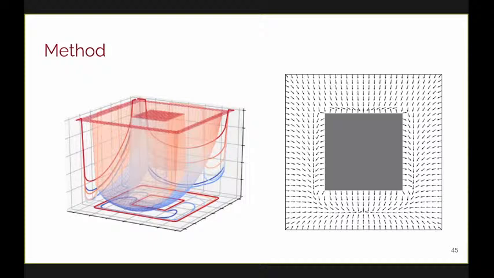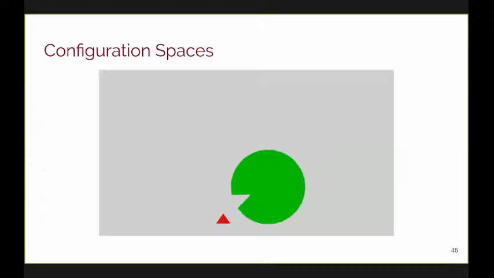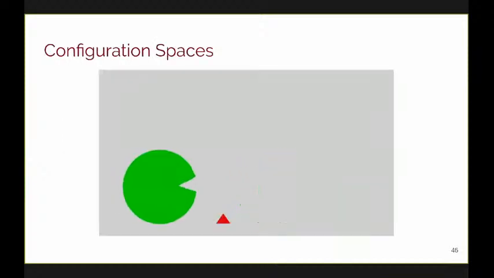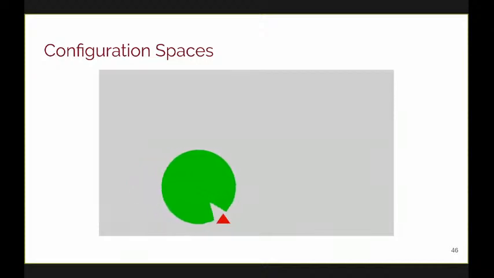And visually what that looks like is instead of the minima that would be in this environment with just a repulsive component, we now have a single minimum that the gradient field points towards. And this is a good way to visualize what's going on, but this is only taking into consideration a two-dimensional configuration space. So what is a configuration space? This is another notion borrowed from the field of robotics.